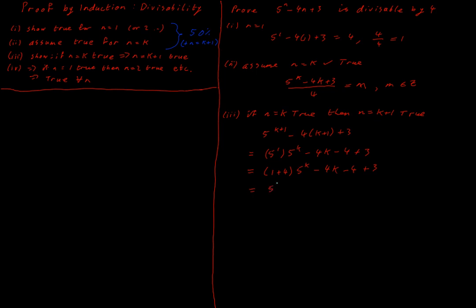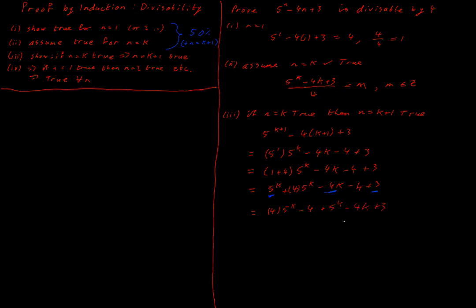So I get 5 to the power of k, 1 plus 4 on 5 to the power of k, minus 4k minus 4 plus 3. And I recognize at this point that I have 5^k minus 4k plus 3. That is my n is equal to k situation. So I'm going to rearrange this into 4 times 5 to the power of k minus 4, plus 5 to the power of k minus 4k